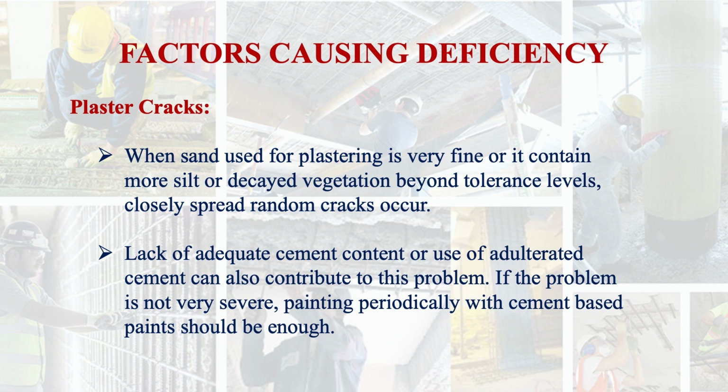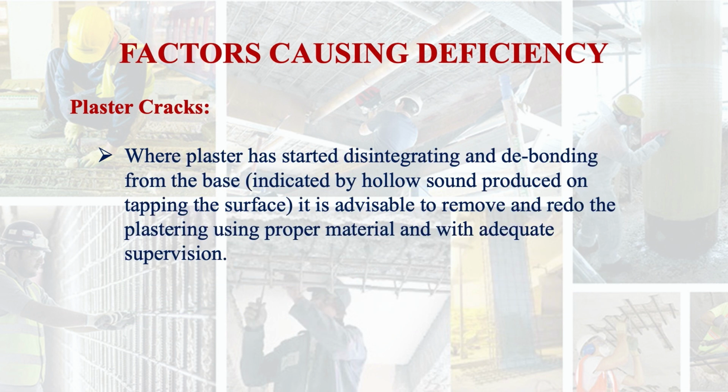If the problem is not very severe, painting periodically with cement based paint should be enough. Where plaster has started disintegrating and debonding from the base, how can you identify it? Just knock it, you will get a hollow sound. So it is indicated by hollow sound produced on tapping the surface, and redo the plastering using proper material